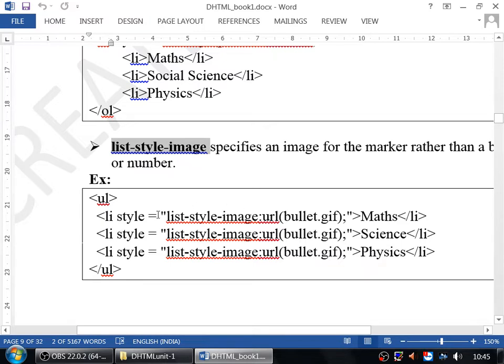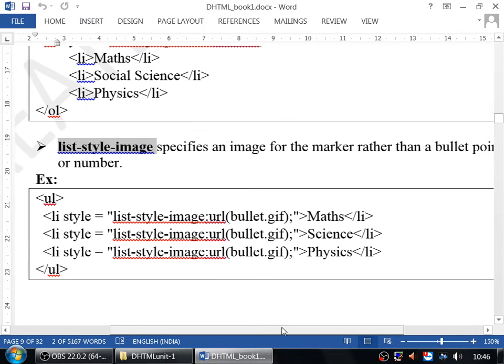You can design your own bullet or use a ready-made image. But that depends on the size. To use an image, you have to decide the size. So the practical demo I'll show you.